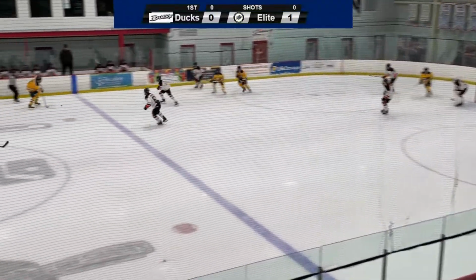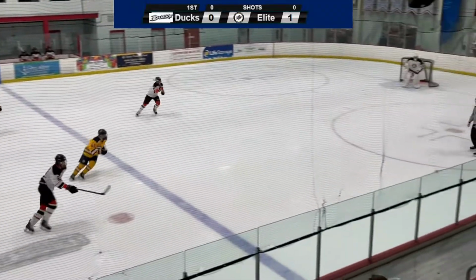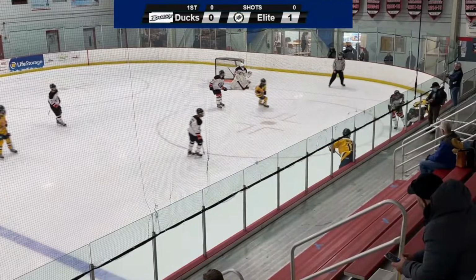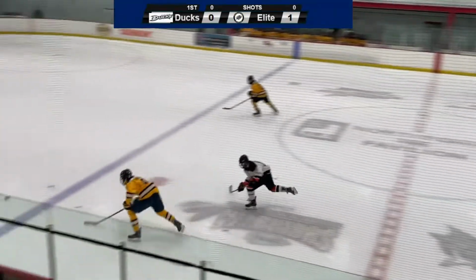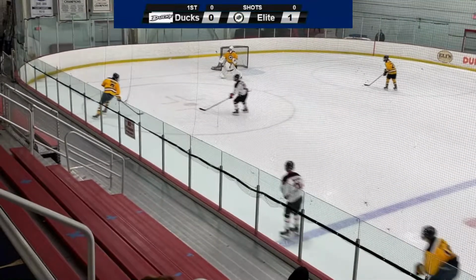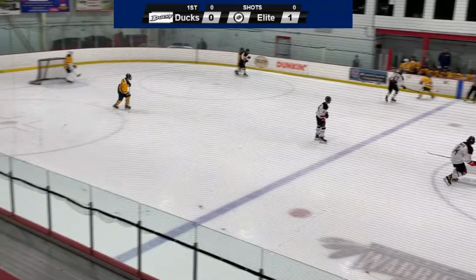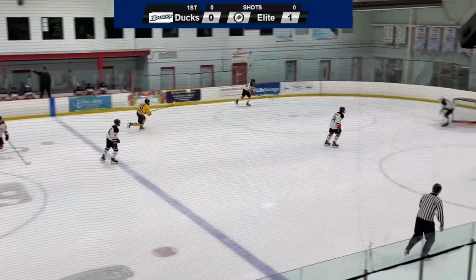Smutny on that far side. Comes out, and Vincent has it. Passes it up to Smutny, who tips it into the offensive zone. And Cavey and Smutny, but the Ducks pop it up. Vincent hustles back to the defensive zone, passes it over to Cacciarelli, gets it up to North, and it's tipped